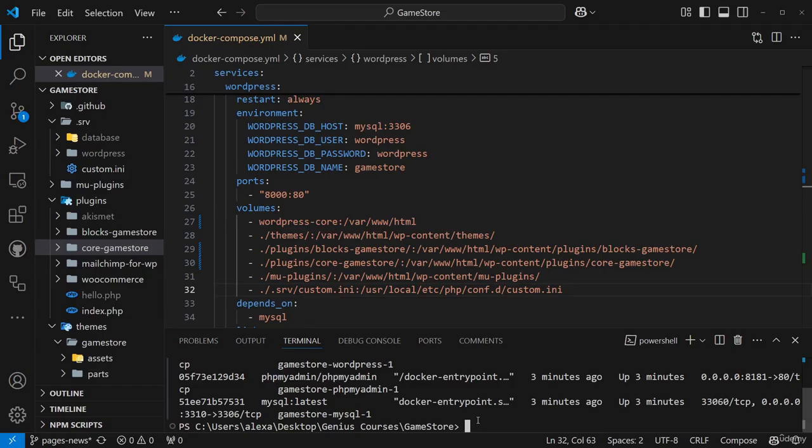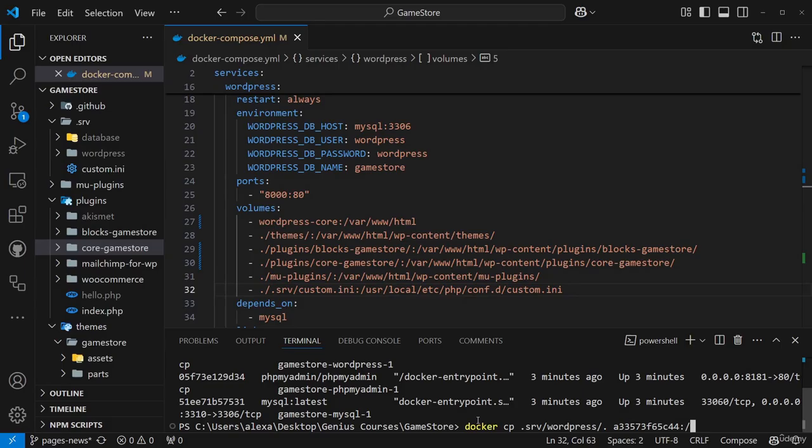Next, I run the command docker cp, specifying the local path in the Windows environment, srv, WordPress. Then I specify the container ID and the path already on